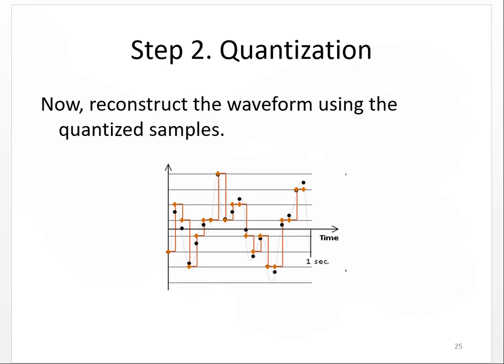So now what we can do is reconstruct the waveform using the quantized values. Those quantized amplitude values, which we quantized from the old values, we can now make a waveform from them. So that was our quantized one. We make the waveform with this one. So now our signal will be in this shape.